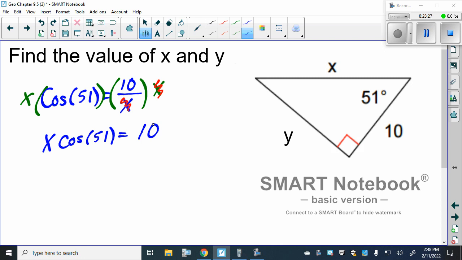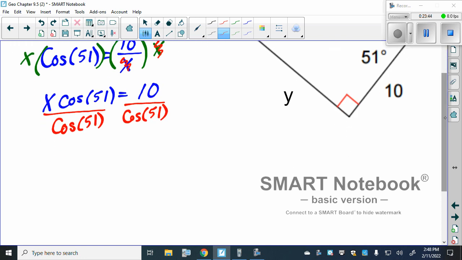Now is the variable by itself? No. So we'll have to divide both sides by cosine of 51 degrees. Which here the cosine and cosine would cancel, telling us x is equal to 10 over cosine of 51,